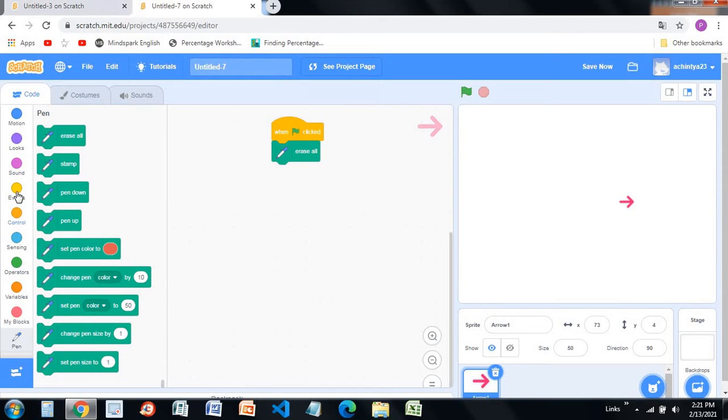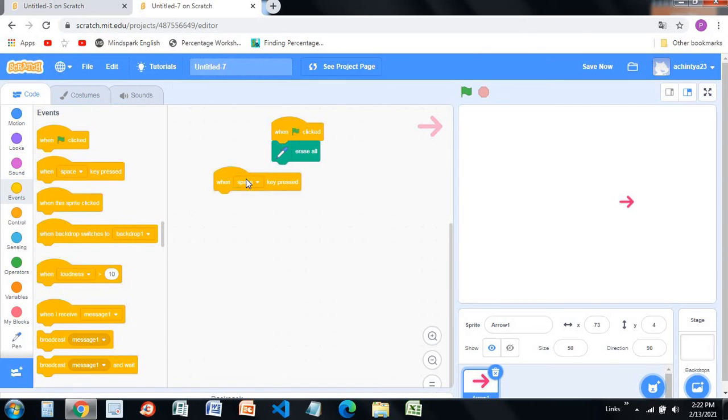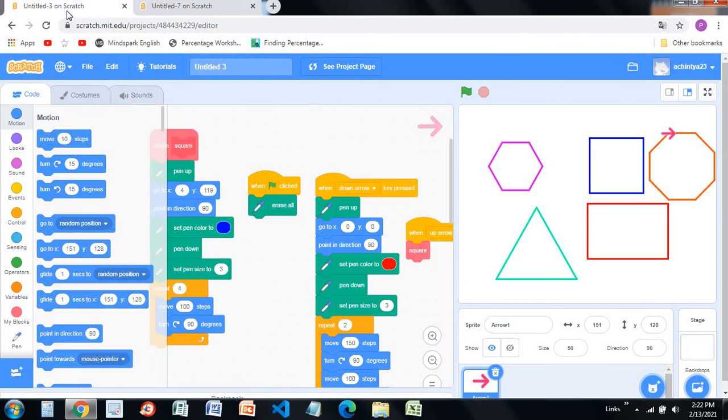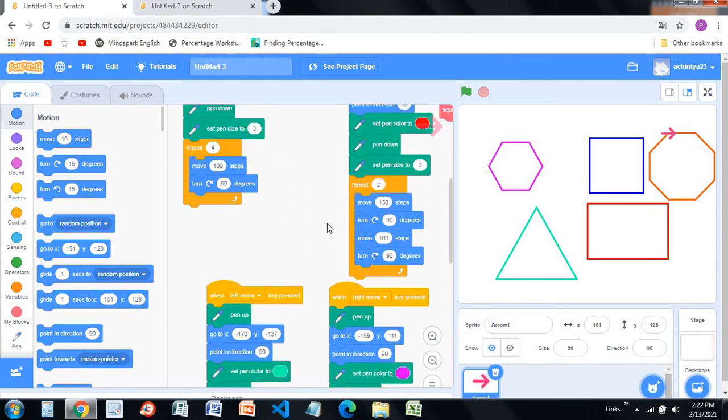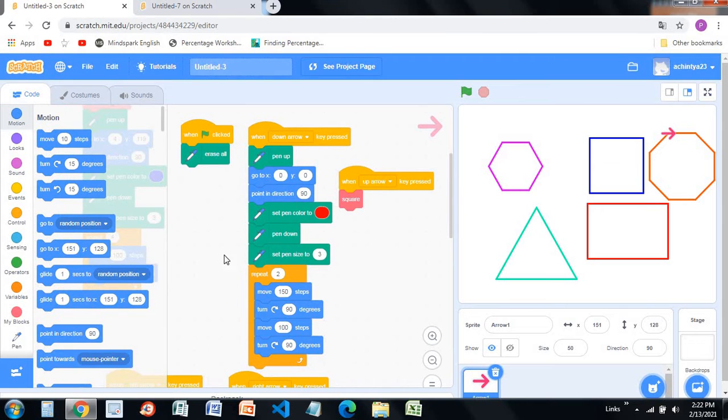Then when space key pressed, instead I'm going to make it when up arrow is pressed, then it creates a square.